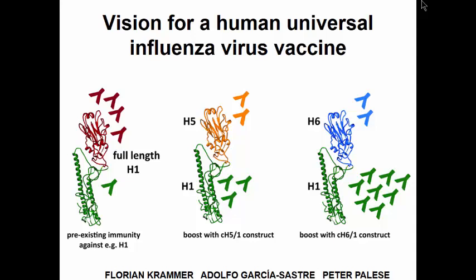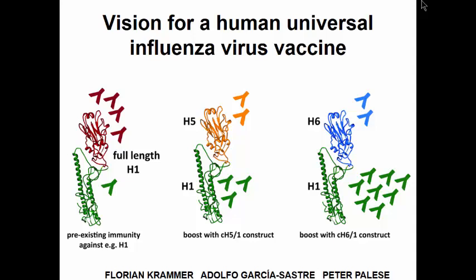So what we are trying to do now is to vaccinate with a chimeric hemagglutinin, which has, in this case, what we call a chimeric H5, which has a head of an influenza virus which we have not seen as humans, and we take the 2017 stalk. So this will be the first dose of the vaccine, and then we follow it up with the second one, where we have again the stalk of the 2017, but now we have yet another hemagglutinin head.